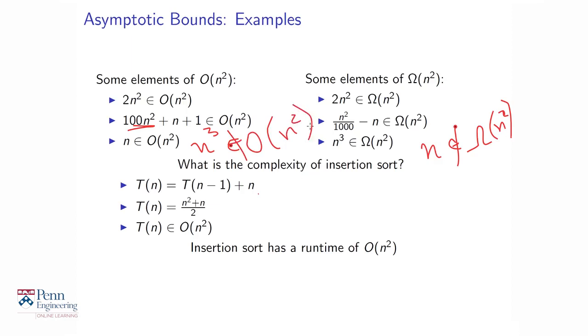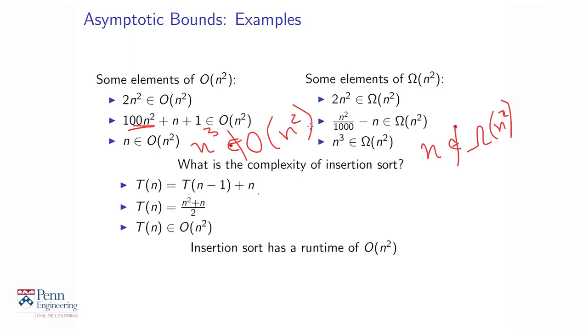Okay? So let's get back to the complexity of insertion sort. In order to solve insertion sort on an array of n elements, we've solved the problem already on an array of n minus 1 elements, that's T of n minus 1, and then the last element may need to be swapped all the way to the beginning. That could be as many as n steps. So we can write T of n equals T of n minus 1 plus n, and if you use telescoping,